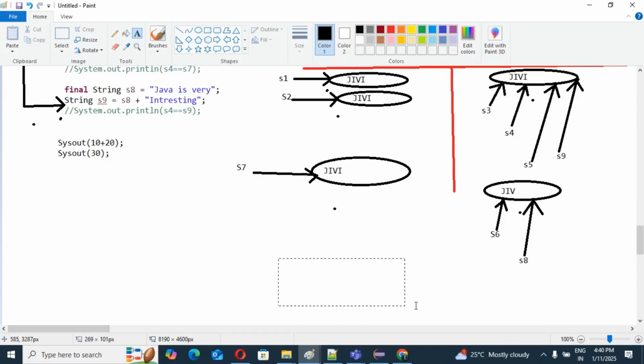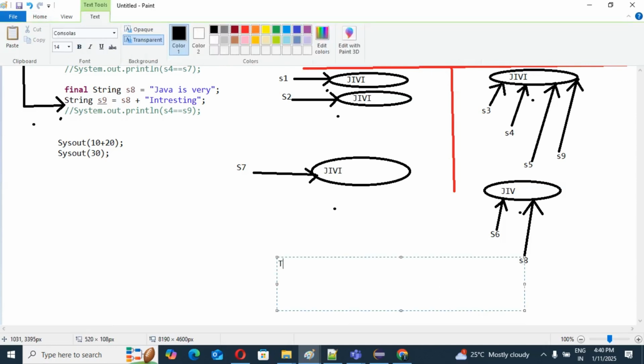So in total, we have created 9 objects, guys.